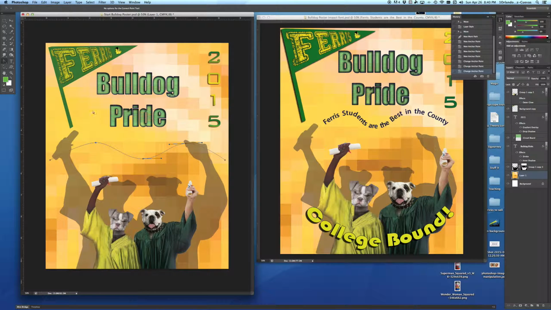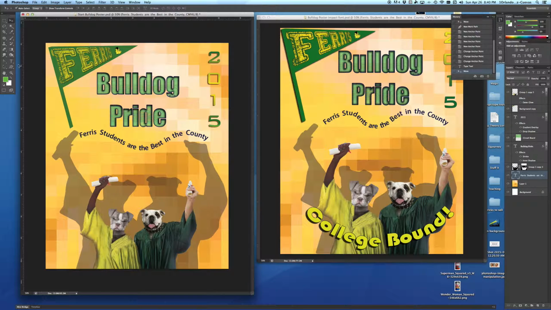I don't want to be too extreme. I'm going to take my type tool. I'm going to place it on the line. Now mind you, if I'm over here and it looks horizontal, it's not going to be on this line. You have to touch the line. Then you can click. I'm going to type what I need, put it in place, and there I have it. I can take the move tool. I can move it around, place it where I'd like, and I'll leave it there, and I'm ready to do